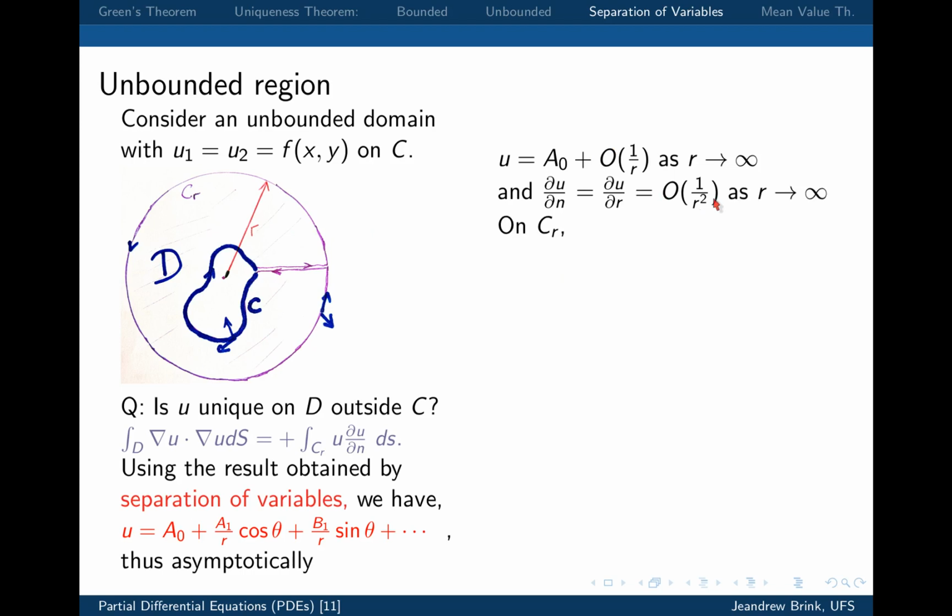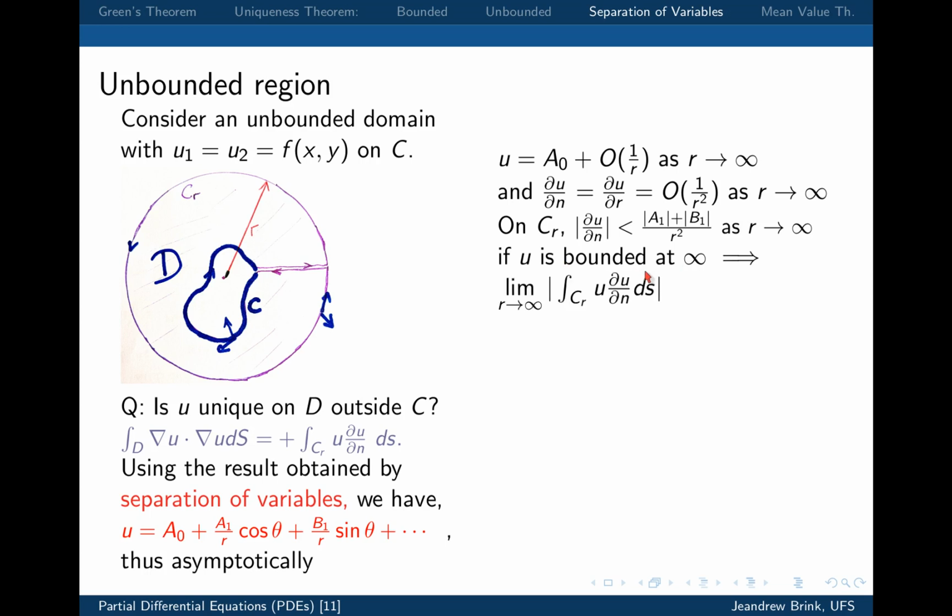And so what we do now is on that boundary, as r goes to infinity, we have that du/dn is simply smaller than, because the cosines and the sines are bounded, the absolute value of a1 plus the absolute value of b1 over r squared. Okay, and important here, we have made the assumption that u is bounded at infinity. So the uniqueness theorem in an unbounded region requires the assumption that u is bounded, because we threw away all the unbounded solutions. So if u is bounded at infinity, we have that this limit